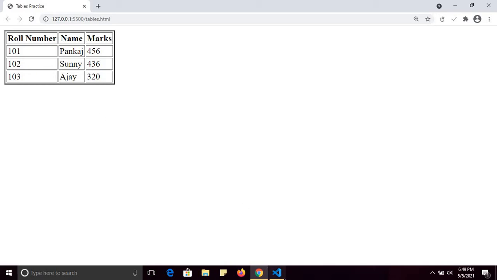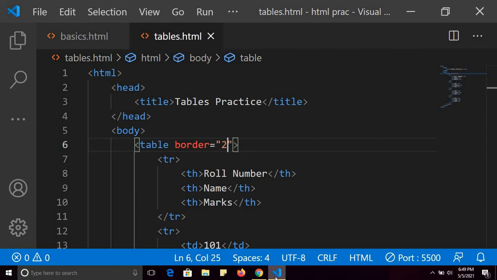Now another important property that I can use with table is cell padding. And what is cell padding? Fine. Cell padding means the distance between cell border and content within the cell.